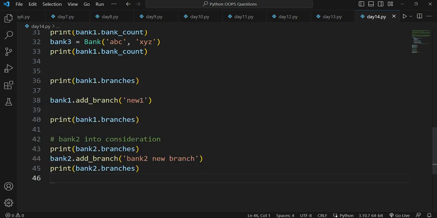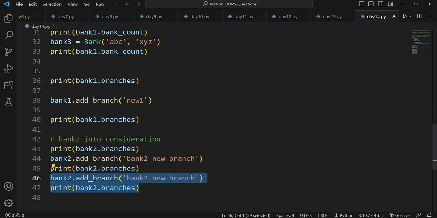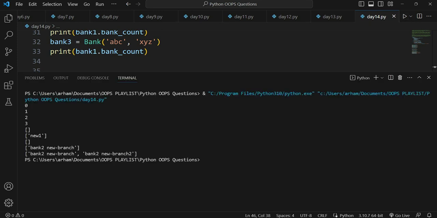And if I want to add another, let's say I want to add another and print this again. So bank 2 new branch 2. Let's put a hyphen here. Yeah, see, we have got 2 items here.